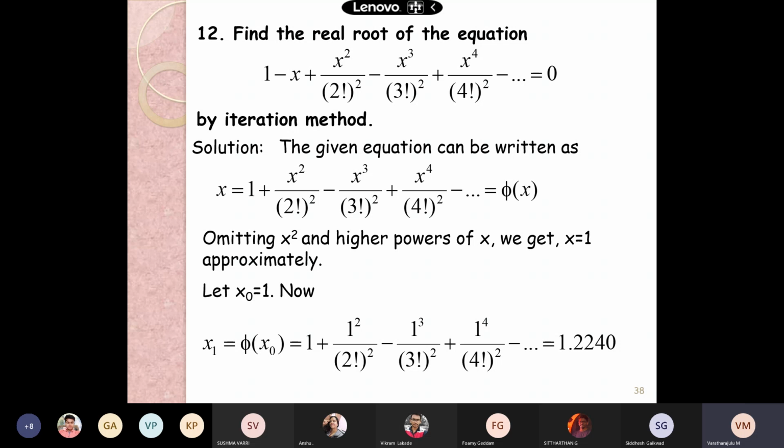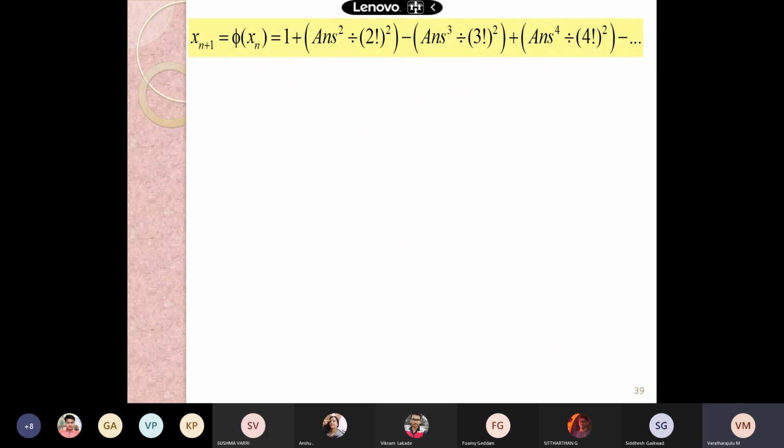So here pi of x naught is equal to 1 plus 1 square divided by 2 factorial. You take your calculator, I'll tell you how these can be solved very easily. See, this is your execution. You type 1 plus